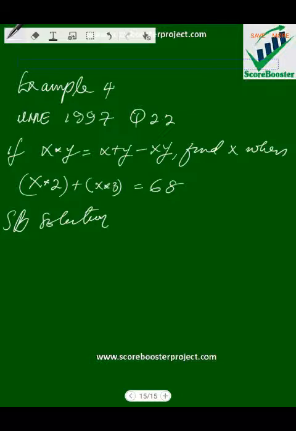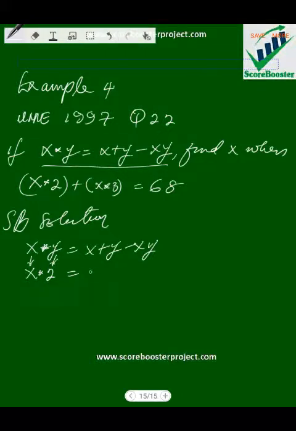Now we are going to use the formula that we are given here to solve for this and this. So write the formula: x star y is equals to x plus y minus xy. The first one, x star 2 is equals to, you see x is x but y is 2. So I'm gonna have x plus 2 minus x times 2. This will be x plus 2 minus 2x,